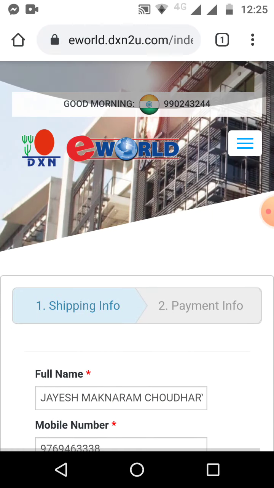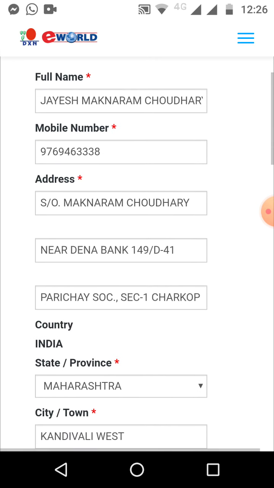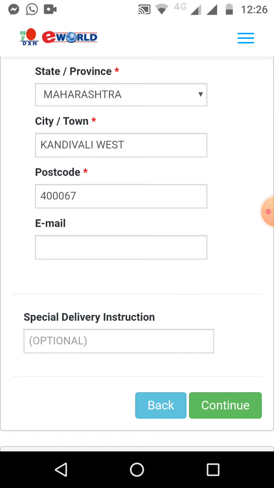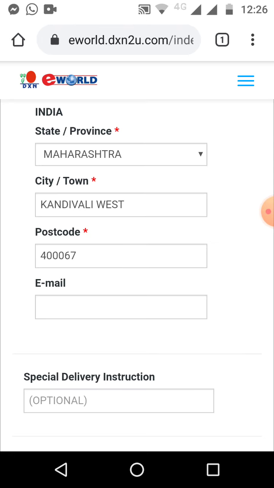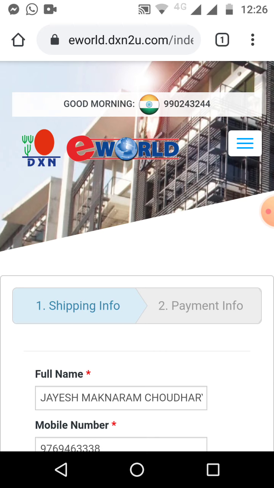So it's very easy for you all to do this, because right now we have a system where we can do an online purchase and get the products to your doorstep because of COVID-19. Because of COVID-19 we cannot move outside the home, but the company is giving you all a facility to get the products to your doorstep and to improve and develop your business also. So this is a very big opportunity, so you can grow through it.